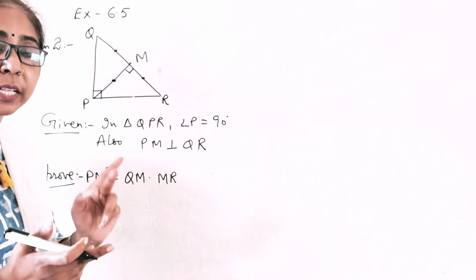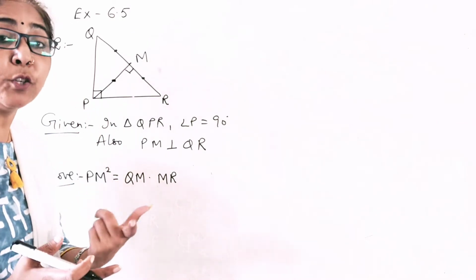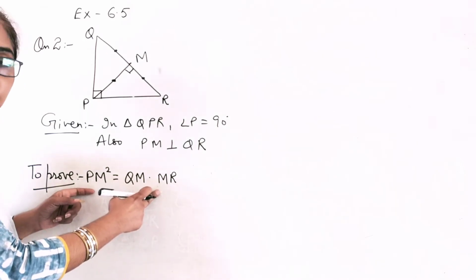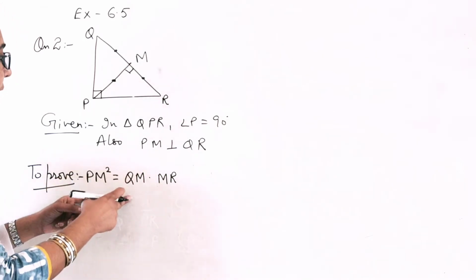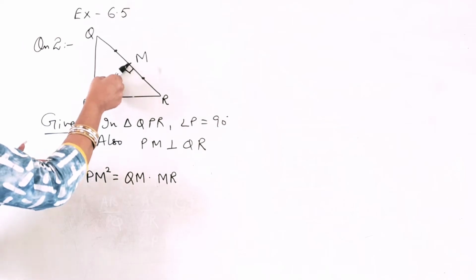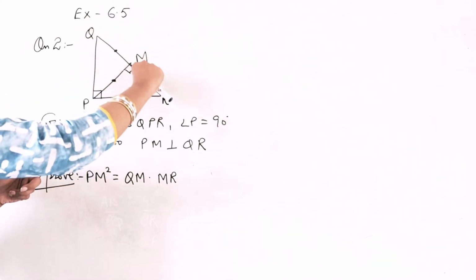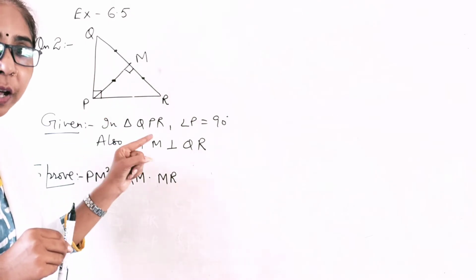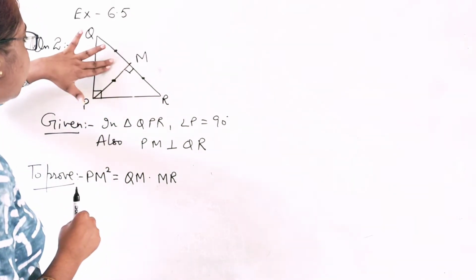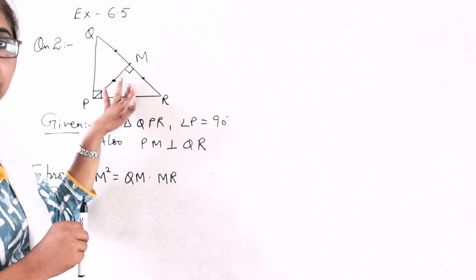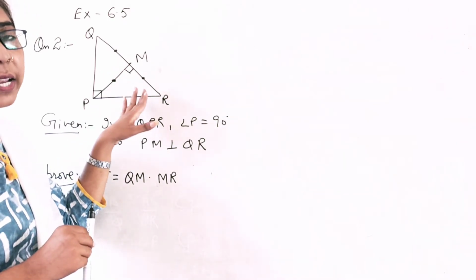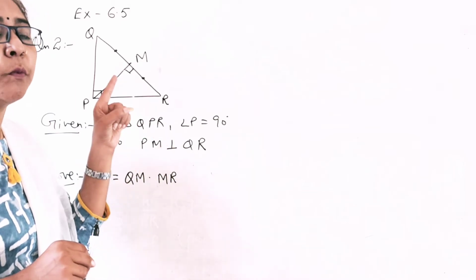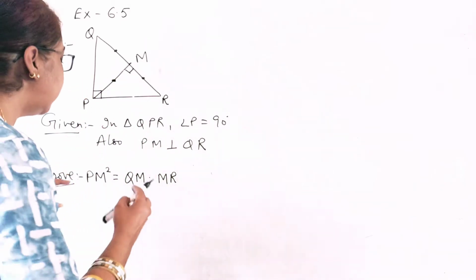So I have to make the two triangles similar. But which ones? You get it from what is to be proved. From that, I know that I want the side PM, I want QM, and I want MR. And these sides are in two triangles. The first one is QMP and the second one is PMR. Now, I know these two triangles are similar because I have a theorem, but take care while writing the names of the triangles.